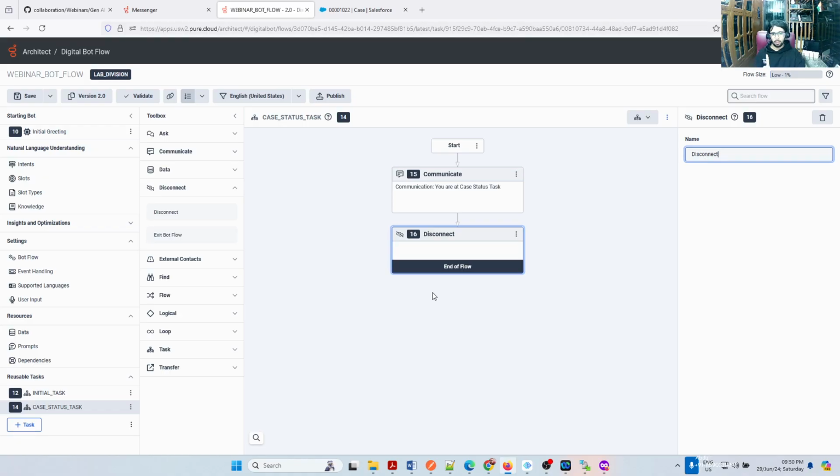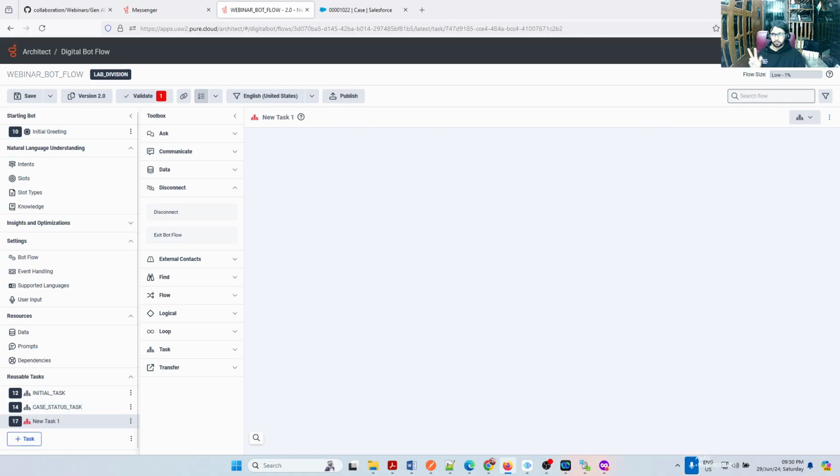I also need one more task, right? Transferring to an agent. Let me create that as well. I didn't discuss the intent, don't worry about it, I'll come there. But before that, I'm creating the two tasks which I actually wanted to do. So the second task will be transferring to an agent. The task name would be transfer to agent. Then in that, first I will say, I am transferring to the next available agent.